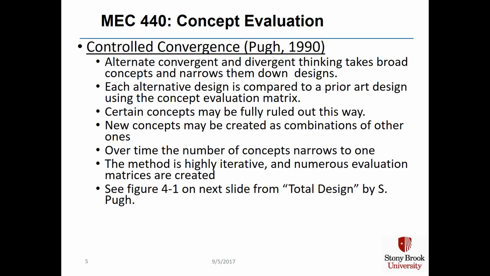The method of controlled convergence was created by Stuart Pugh in 1981 in his book entitled Total Design. Pugh was an engineering professor at the University of Strathclyde in Glasgow, Scotland. He was looking for a far more effective way of creating robust design concepts beyond the popular methods of brainstorming or weighted ratings. In Pugh's method, you alternatively converge on a final design by eliminating undesirable concepts and features, and